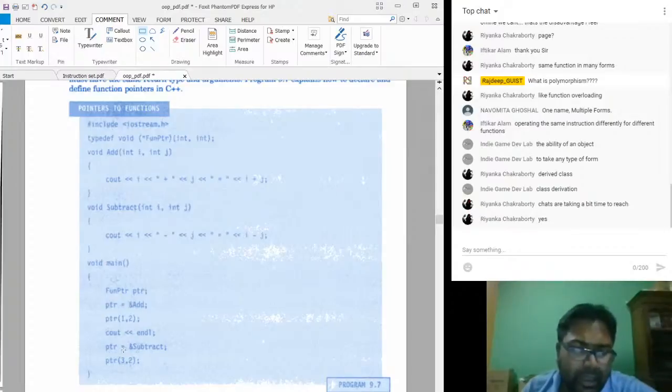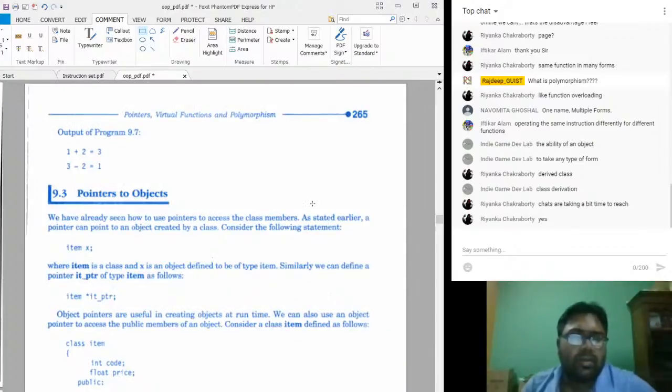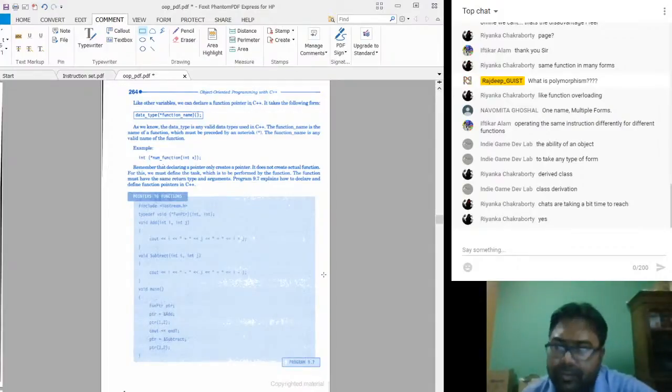Next, they assign the function pointer to the subtract function, and then they give the values and it gets executed. So is it clear? Function pointer.